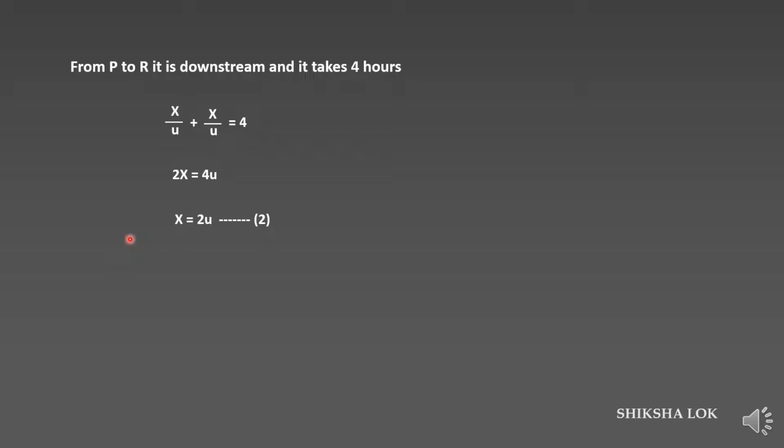So we know equation 1 and equation 2 both refer to the same x. So comparing both, you will get 10uv by u plus v equals 2u, because in both terms x is there, so equating to u with that of x. Okay, so cancelling u and u here and multiplying this u plus v with 2, that will become 10u equals 2v plus 2v. So that will come as u equal to 4v.